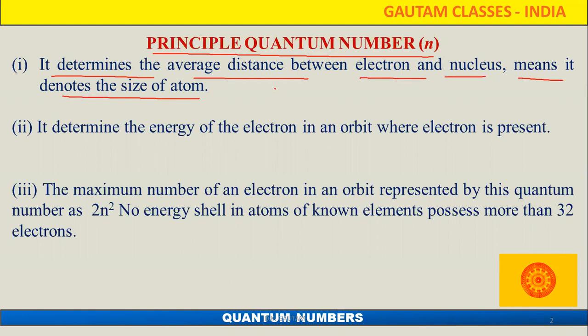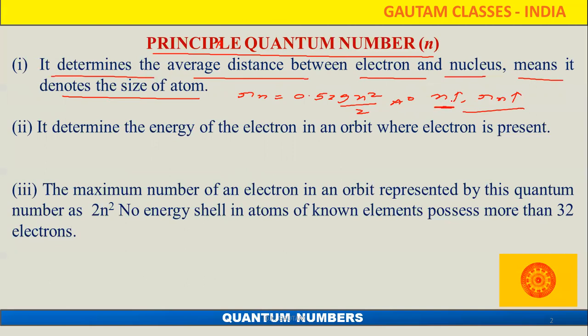So with the help of the principal quantum number, we know the size of the atom. Like you know, the Bohr radius formula: Rn equals 0.529 n square upon Z. From here, by increasing the n value, where n is our principal quantum number, what is happening? Our Rn value is increasing. That means with the help of the principal quantum number, we identify the size. Actually here it should be the principal quantum number.